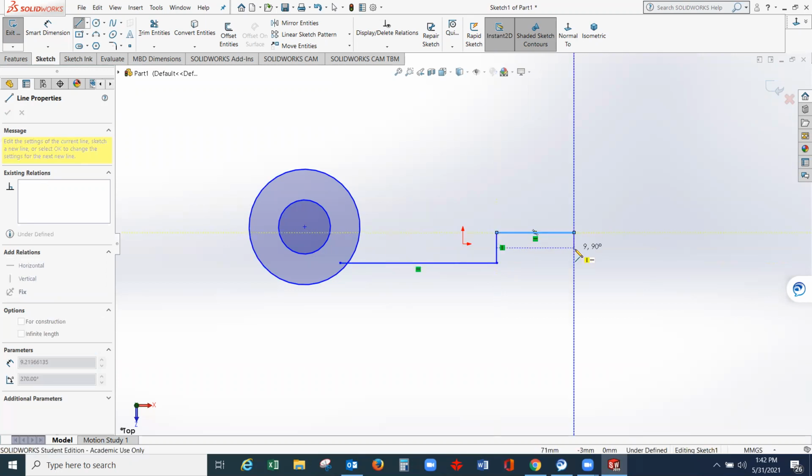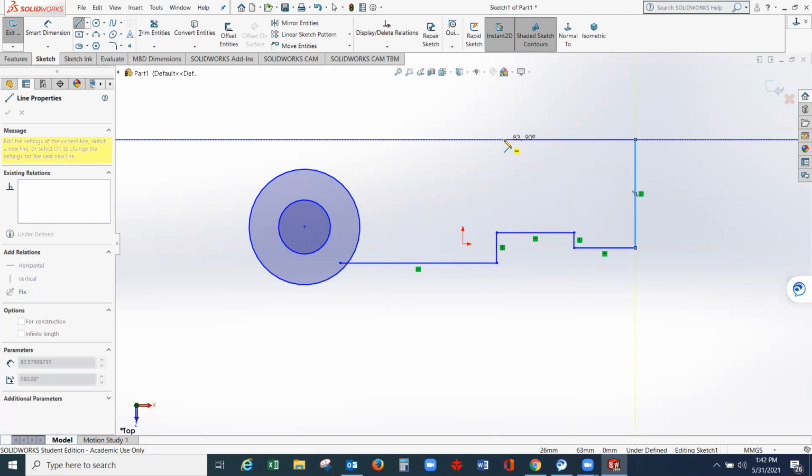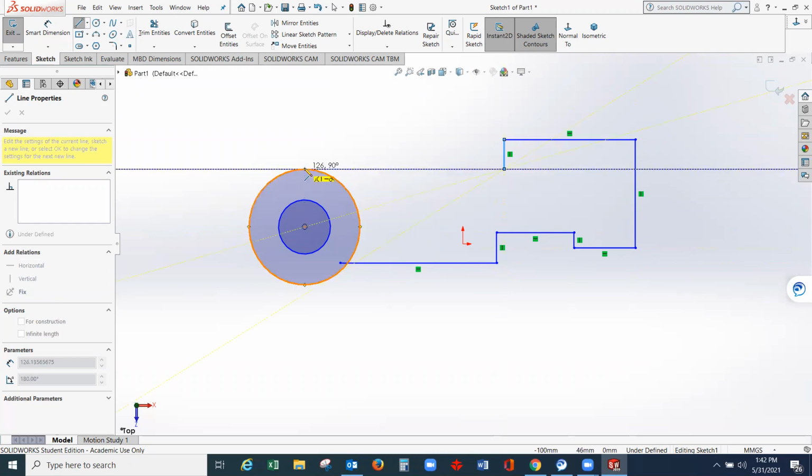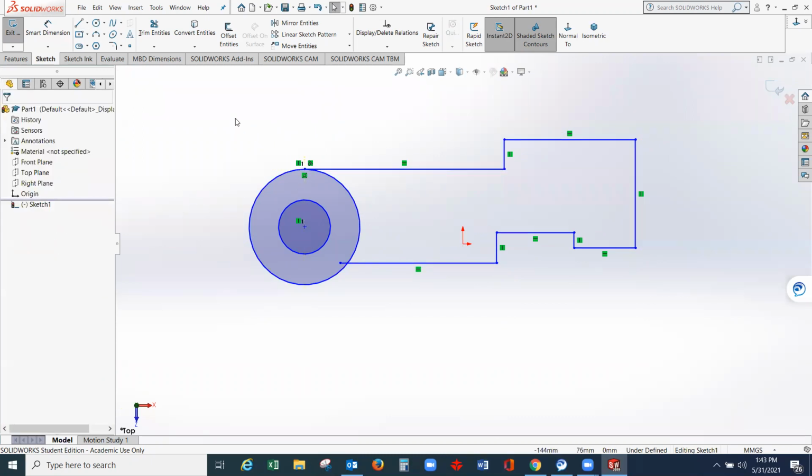So this is composed of circles and lines. Once you complete the drawing, press the escape button on the keyboard. And let's give some dimensions of a drawing.